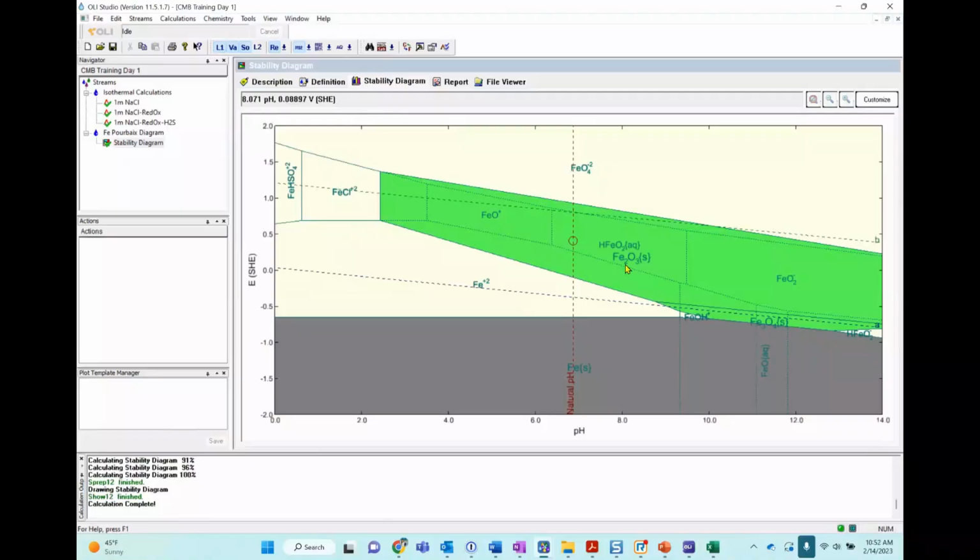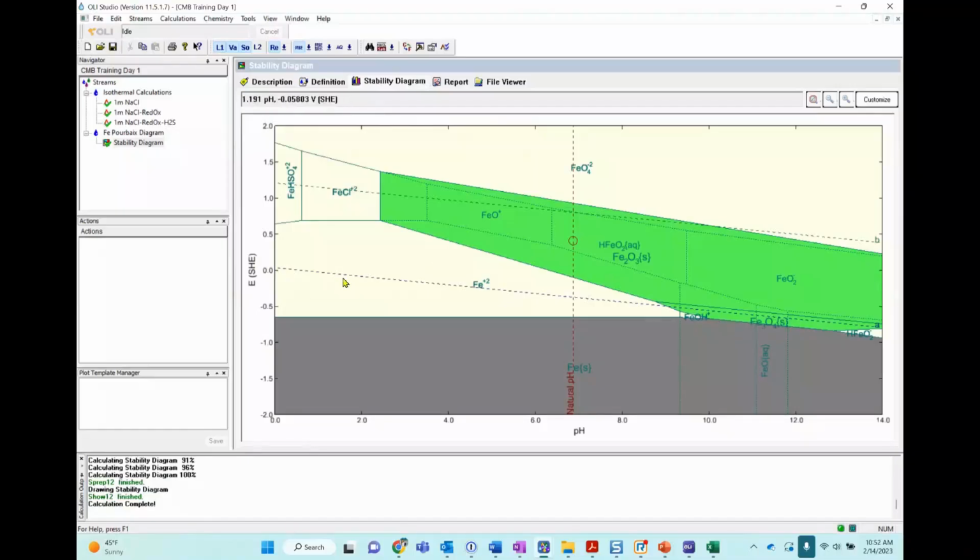That is the result of this hematite. And down here, you will see another section of a solid phase, which is the magnetite phase, iron Fe3O4. This one is the one that we want. This is actually a very good protective layer that we want in our system.